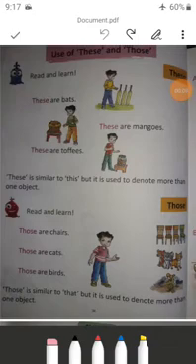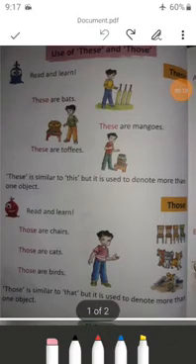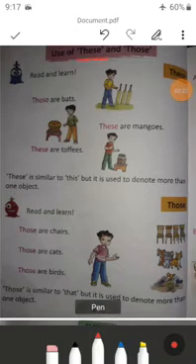You know that we learned in the previous video about the use of this or that. But today we are going to learn about the use of these or those. These is similar to this, but it is used to denote more than one object. I mean to say that the things are very near us, but in the count they are many. We can touch them easily, we can take them easily, so at that time we will use these.